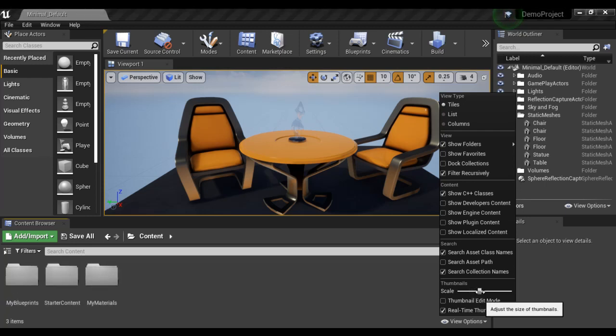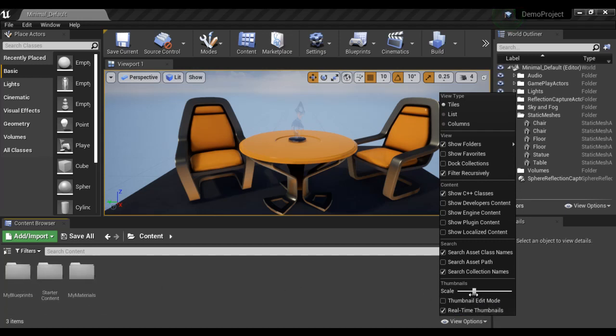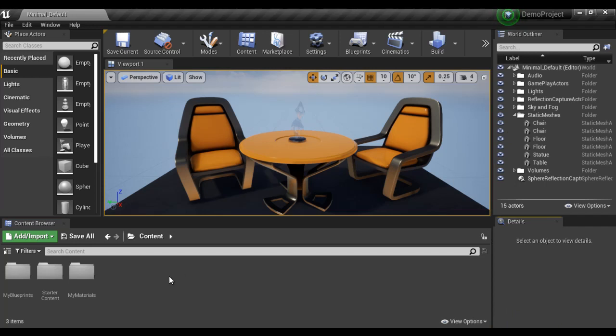If you increase the size, you can see that the size of the thumbnails of assets is actually increasing. I can decrease it. So you can decide what should be the scale of thumbnails of the assets, guys. So that's what the view options button allows you to do.